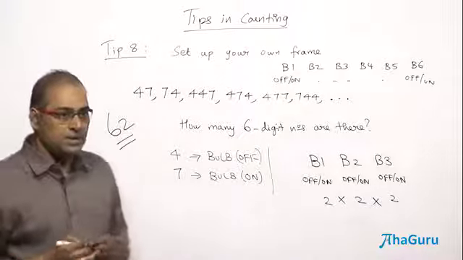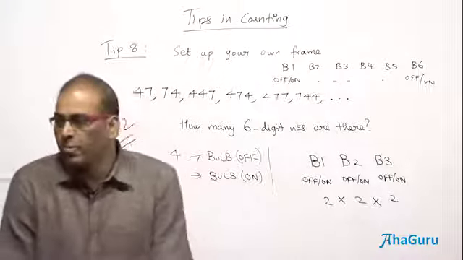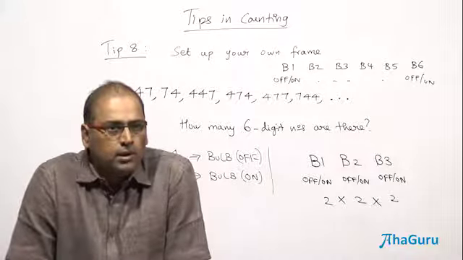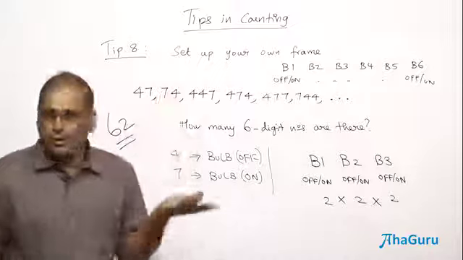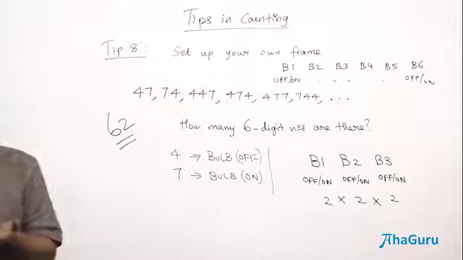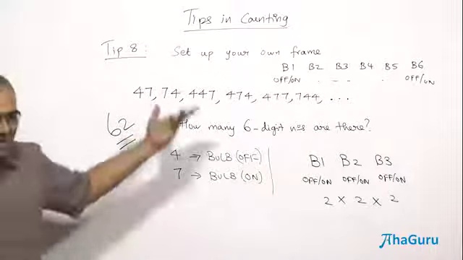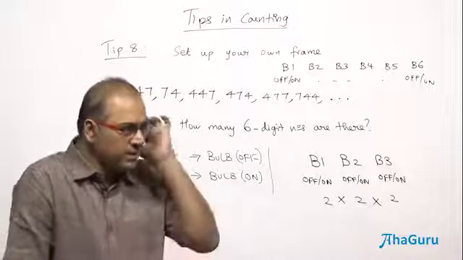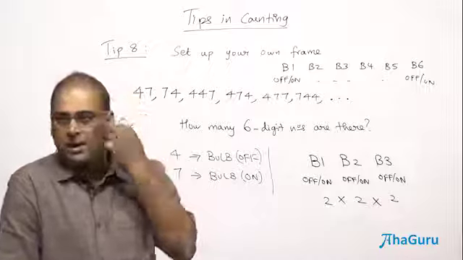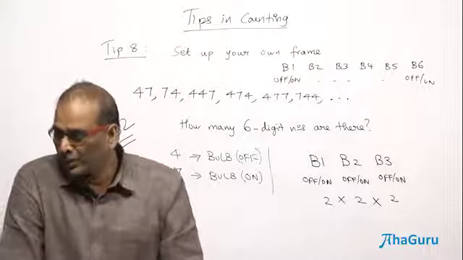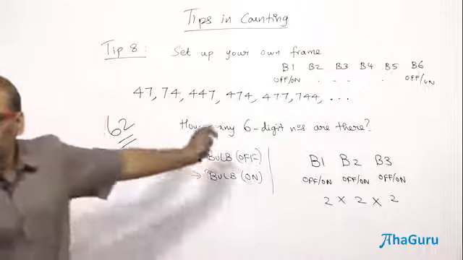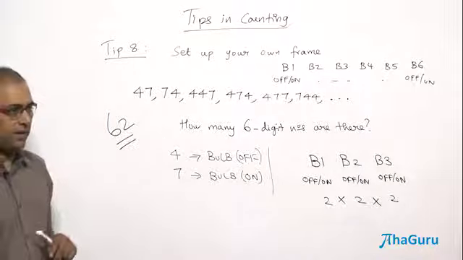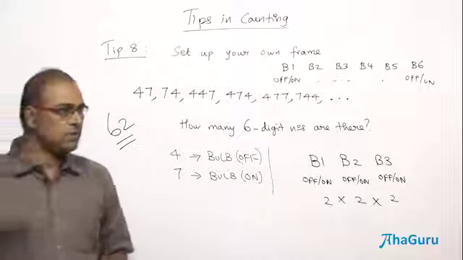So the problem is, actually you have taken a bulb frame and then solved the problem, right? But what about that ascending order? Is it going to do anything? No, the ascending order is not going to have any impact. Forget the ascending order. We want to count how many 6-digit numbers, whether written in ascending order or descending order or any order, satisfy the condition that they should be formed from both 4 and 7. There will be how many numbers? 62.